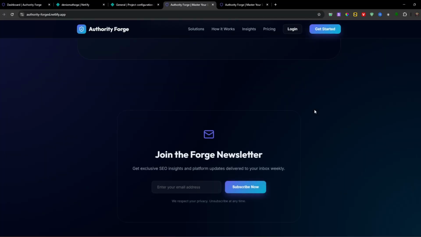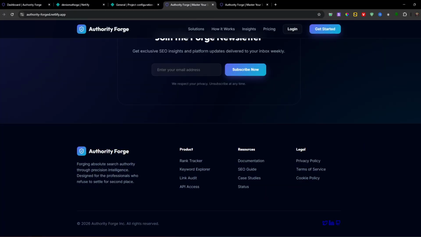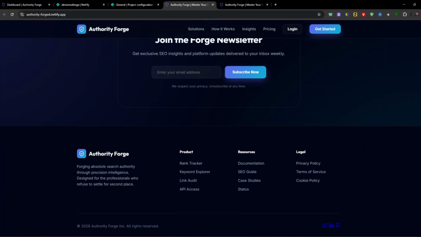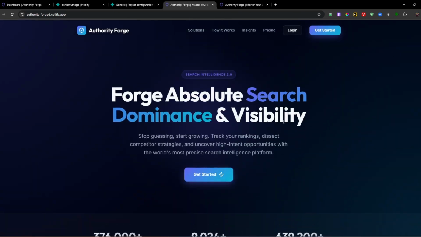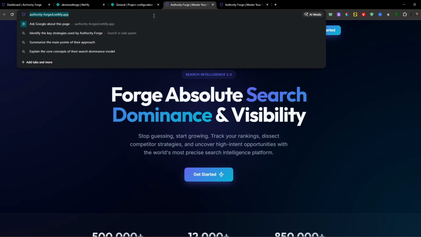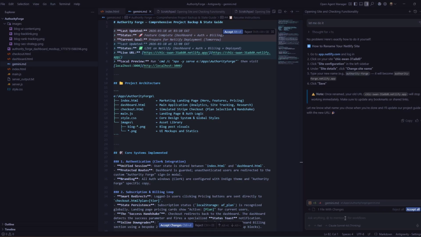our site and be able to perform search analysis of their site, domain analysis of their site. So our site has been successfully deployed. So we can copy this URL and ask Antigravity to confirm